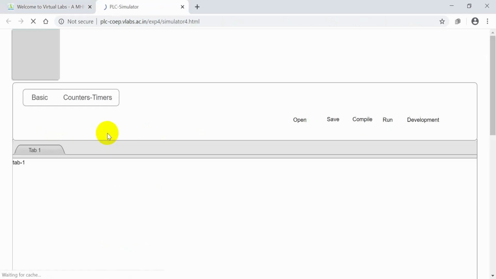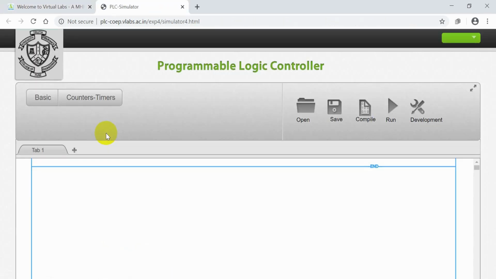Click here for simulation. So to design an on delay timer, first of all, there are different types of timers: on delay, off delay, and so on. Here we are designing an on delay timer. First, there are basic, and next counter and timer symbols.